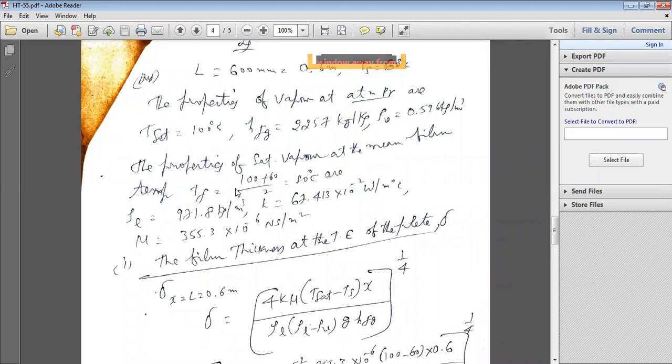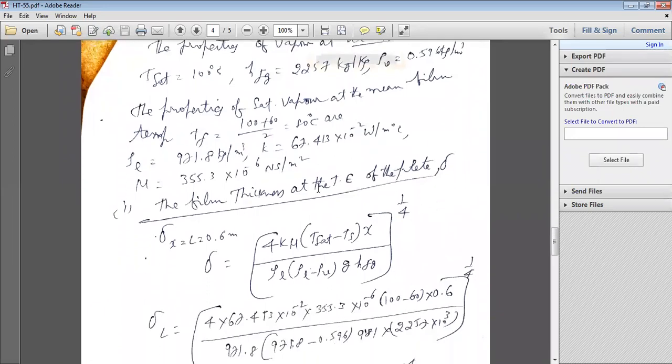So you have to take the saturation temperature at atmospheric pressure, 100 degrees centigrade. h_fg also at 100 degrees centigrade, 2257. The density of vapor also at 100 degrees centigrade, because at 100 degrees centigrade saturation temperature the vapor becomes liquid. While taking rho L, thermal conductivity of the liquid and dynamic viscosity, you are supposed to take them at the average temperature, 80 degrees centigrade. The remaining properties at saturation, and h_fg, are taken at 100 degrees centigrade.